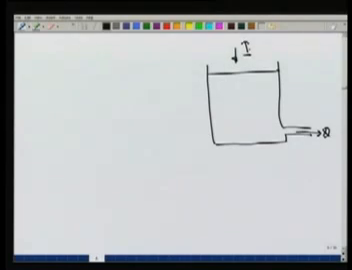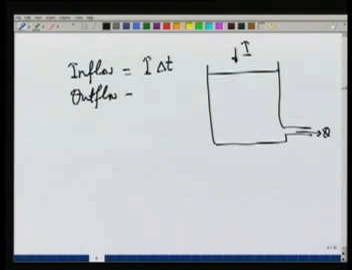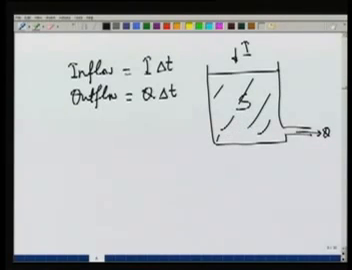And consider a time period of delta t. The inflow in time period delta t will be I into delta t, and the outflow will be Q delta t. Now S is the storage within the reservoir, and suppose in time delta t S changes by an amount delta S. Then we can say that this change in storage is because of the net inflow, and it should be equal to the net inflow. So we can write